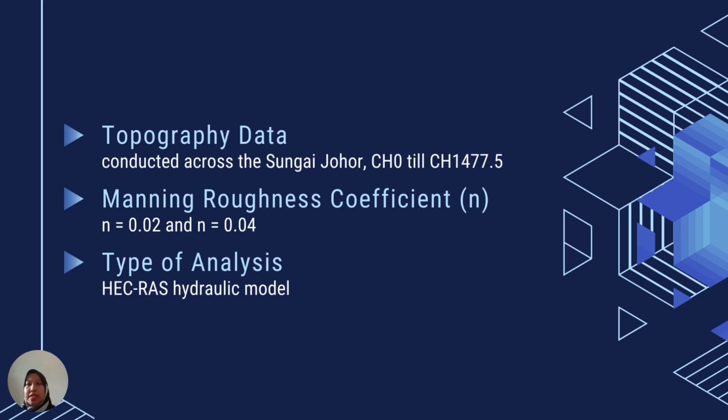So the given data is to conduct a study across the Sungai Johor tributary from channel 0 until channel 1477.5. From this, we use Manning roughness coefficient n equal to 0.02 for channel 0 until 599 meter and 0.04 from 600 meter onwards. Next, we use the HEC-RAS hydraulic model because this is a hydrodynamic model that may be used